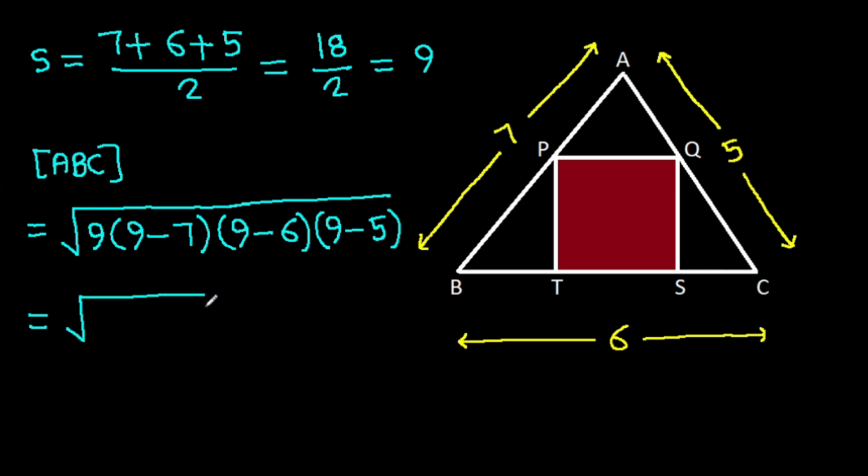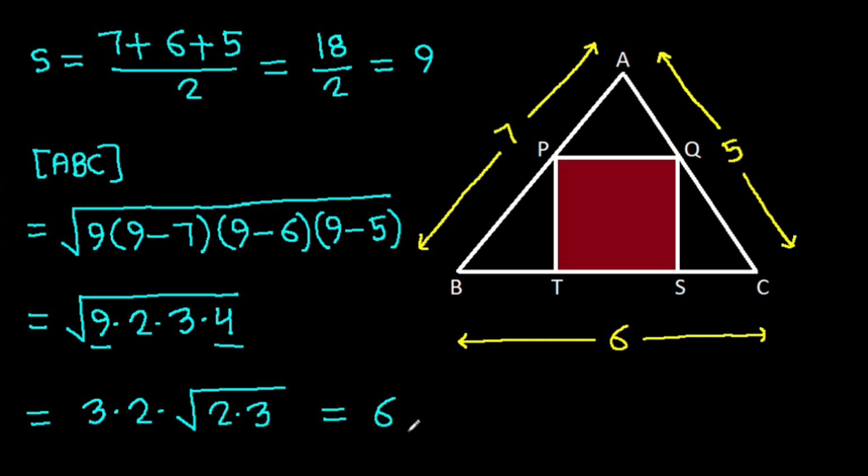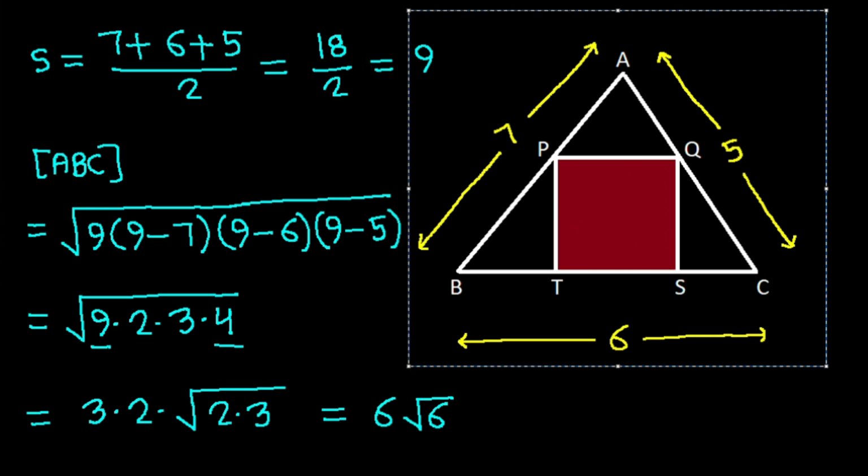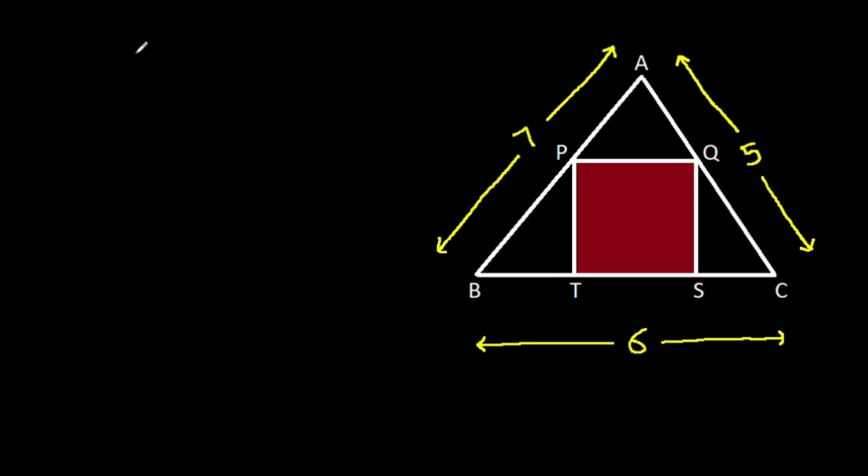and it is root under 9 times 2 times 3 times 4, and root 9 will be 3, times root 4 will be 2, times root under 2 times 3, and it is 6 times root 6, and we get the area of ABC is 6 times root 6, and the area of ABC will be 1 over 2